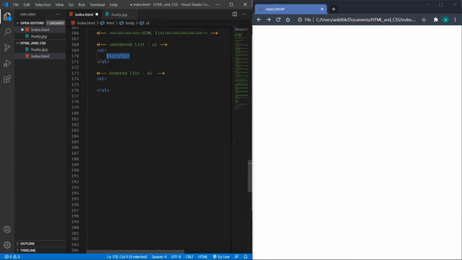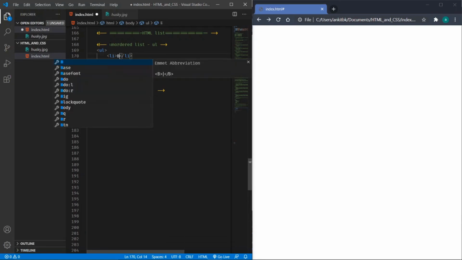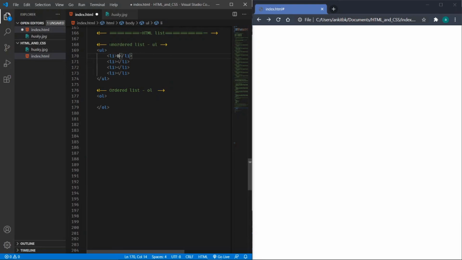For example, I'm having LI tags of grocery items: a pencil, a Parker pen, a scale, and colors.